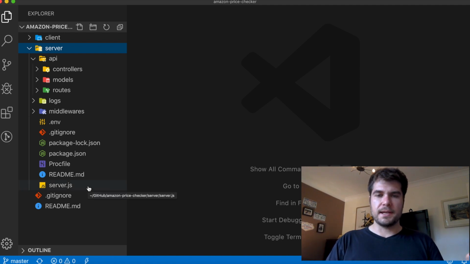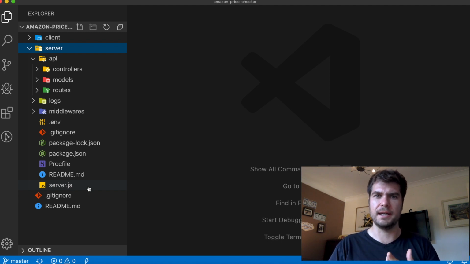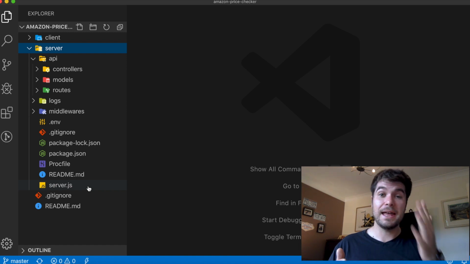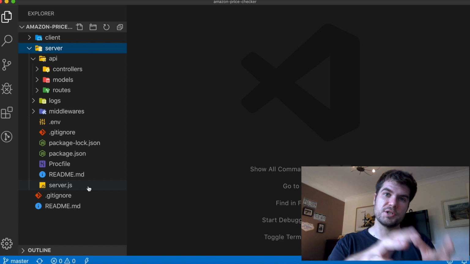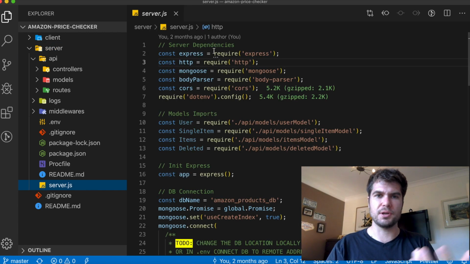So first things first, starting with the backend. A couple of months ago I had wanted for a while to build out a boilerplate REST server basically in Node. So I took a couple of evenings after work and I did that. And this project was then built on top of that. So I basically just got a very simple